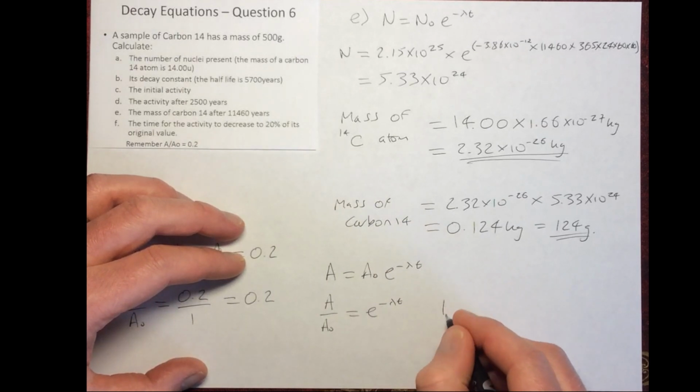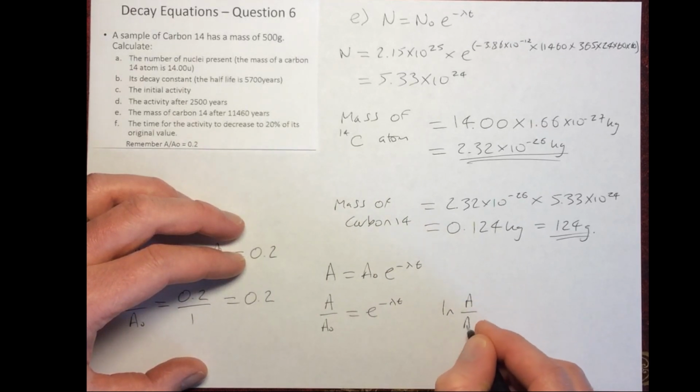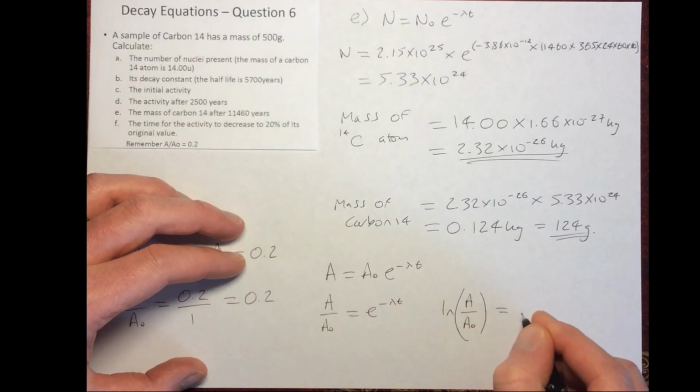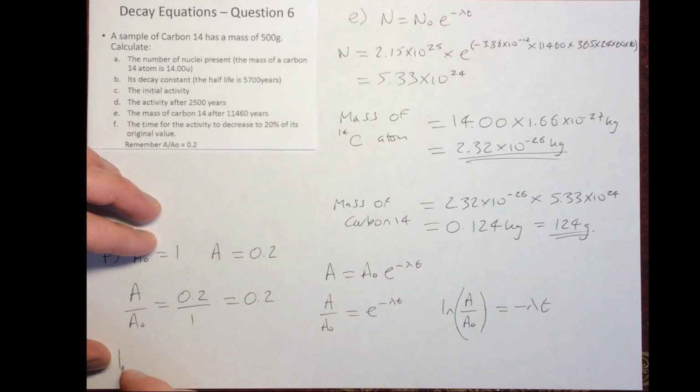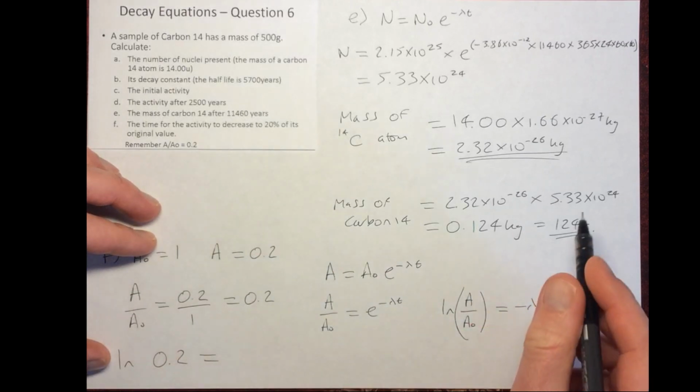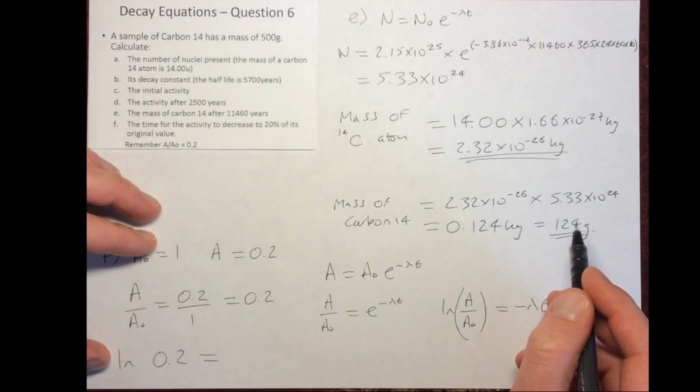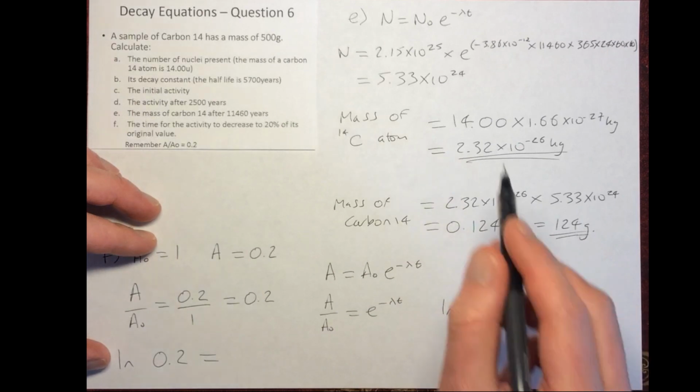Now if we natural log both sides, we know that when we natural log this, it's going to give us minus lambda t. So therefore, when we put the numbers in, ln 0.2, because A over A naught is 0.2, is equal to minus the decay constant times t. Now the decay constant we worked out earlier was this,